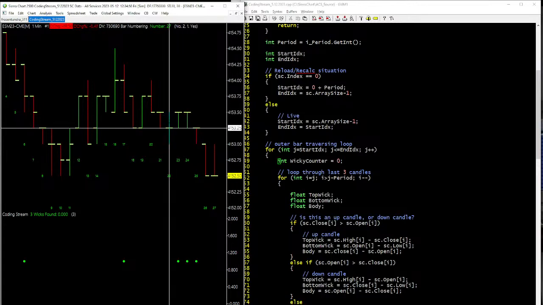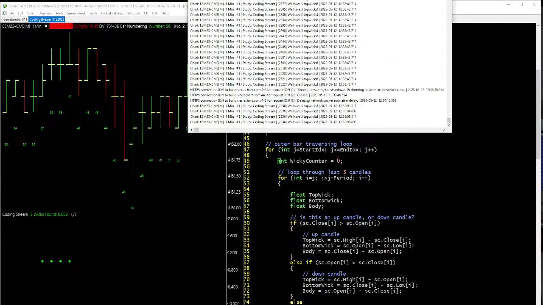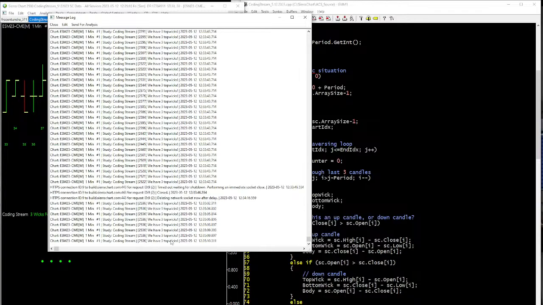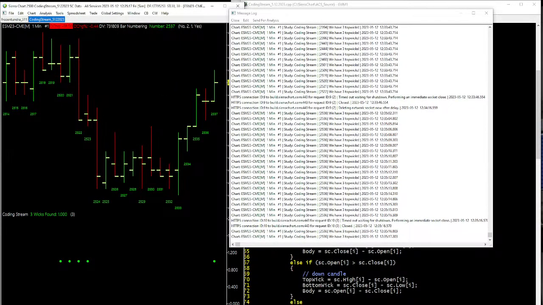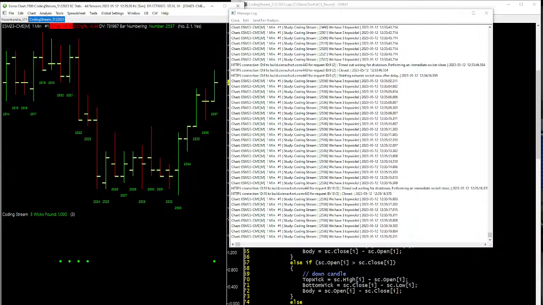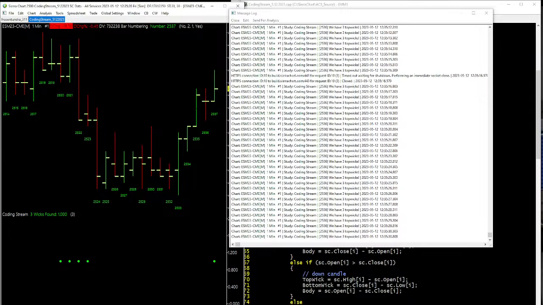Here, only this one is, and it's barely bigger than. So we have some erroneous looking data here. Let's take a look at these. That looks good. That looks good. And that looks like it might be good. So maybe right there. And then in our message log, what we have is the most recent bar. So let's go ahead to the very last bar. It's saying that the very last bar is qualifying for this, which, yes, that is true. Oh, no, it's not, because this top wick is not greater than the bottom wick. So we have some kind of bug in here that is erroneously identifying this type of candle